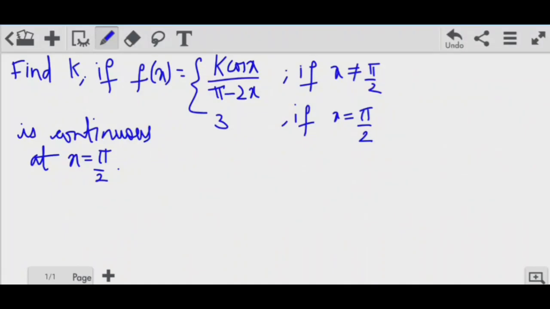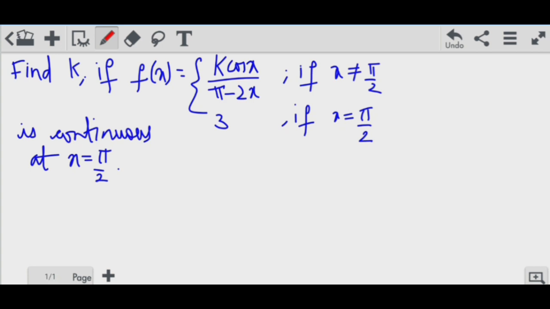Find the value of k if the function f of x is equal to k cos x divided by pi minus 2x if x is not equal to pi by 2, and 3 if x is equal to pi by 2, is continuous at x is equal to pi by 2. So if this function is continuous at x is equal to pi by 2, then we have to find the